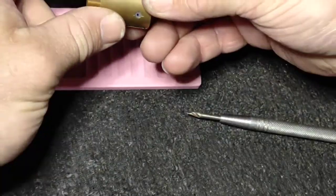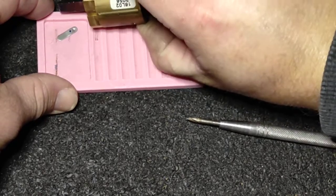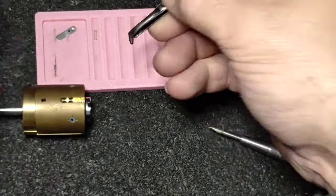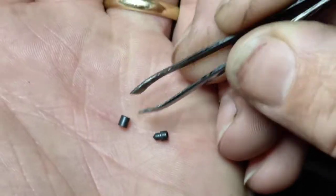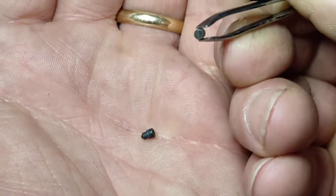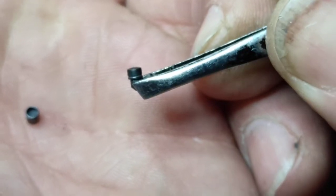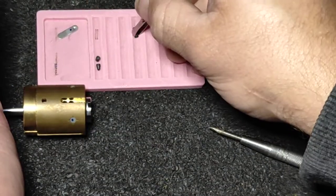Okay, so there's only 2 pins in the top. Let's see if we can dump some of them out. Holy crap, they are weird looking pins. Look at that. Oh, it's 2 parts. So a driver and a key pin. Okay, so the driver seems to be flat, and the key pin has a sort of a dimple in it, with a serration. Interesting. And that one will be the same,